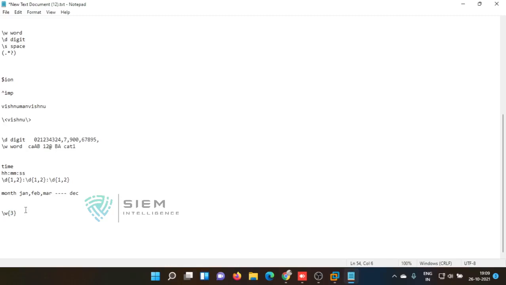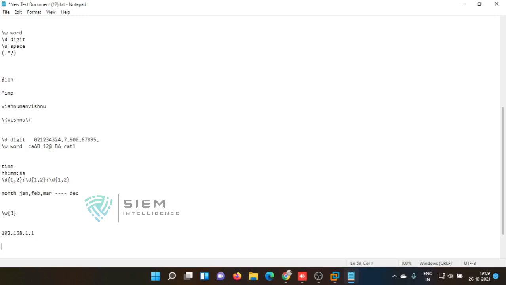And if you are finding some IP, suppose 192.168.1.1, how can you type it? You can consider it used to be in 3 count only, maximum 3 count, 1 comma 2 comma 3.